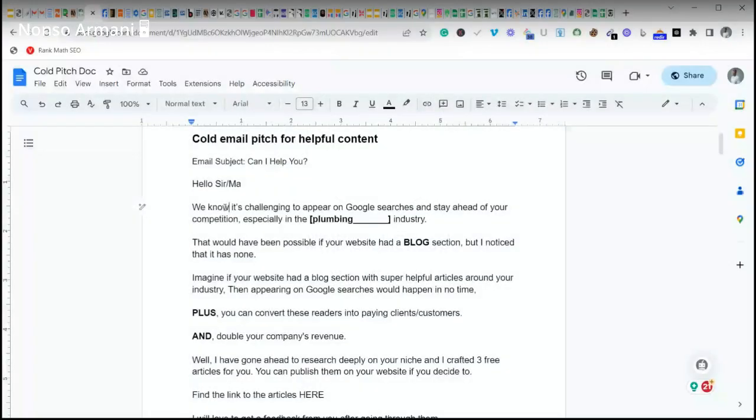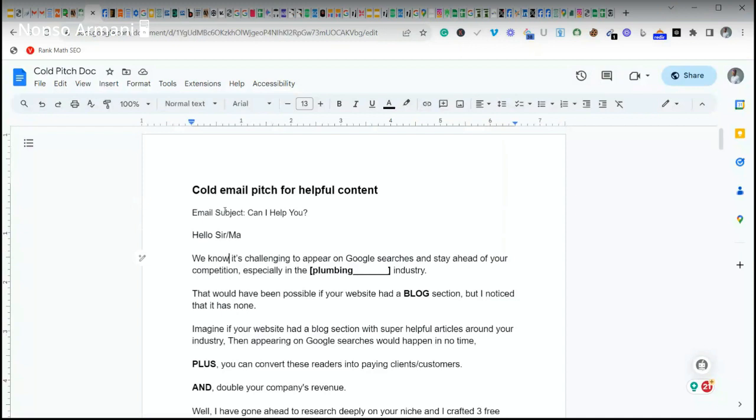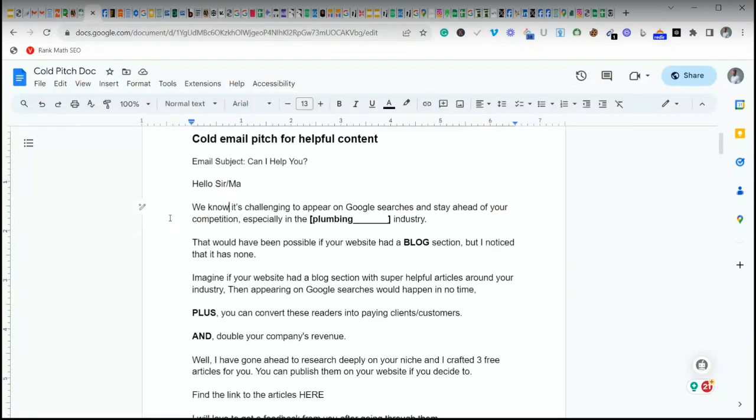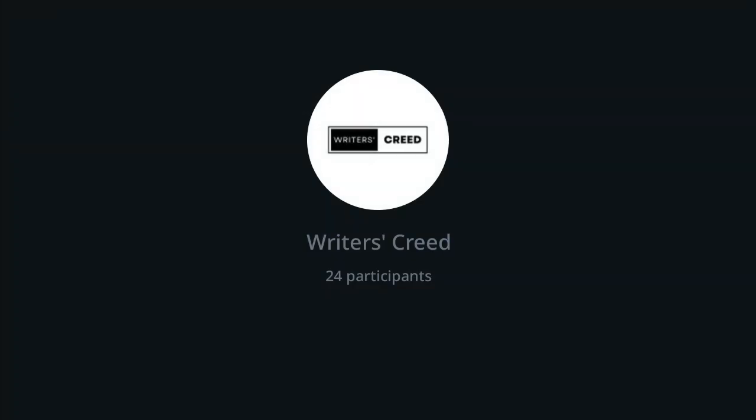But this method is a better method compared to the one I was using back then, right? So this is like the body. We know it's challenging to appear on Google searches and stay ahead of your competition. Now you're telling them this introduction, it's like telling them you have an idea of what would help move their business from point A to point B, right? So you say, we know it's challenging to appear on Google searches and stay ahead of your competition, especially